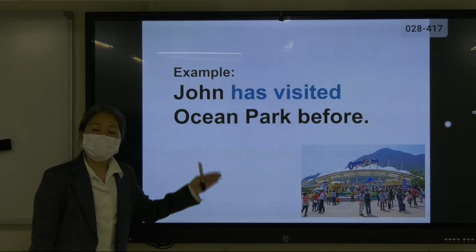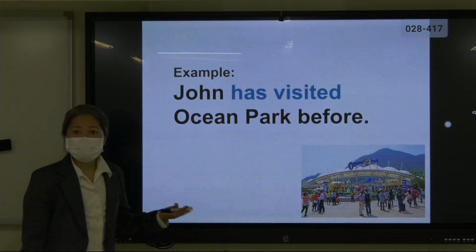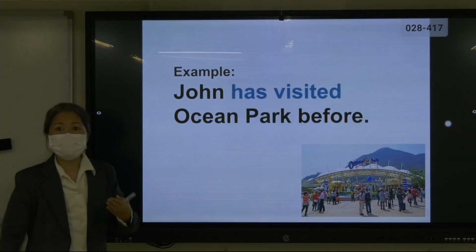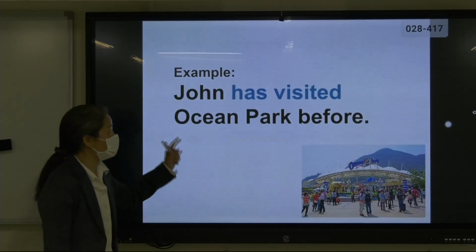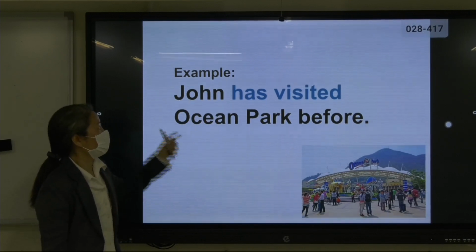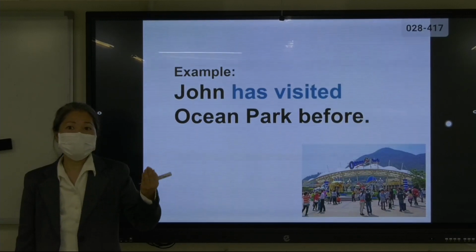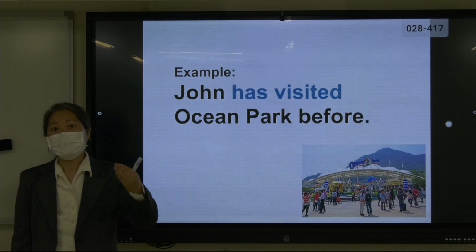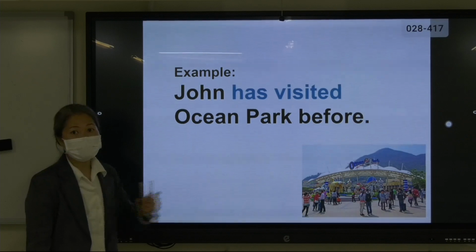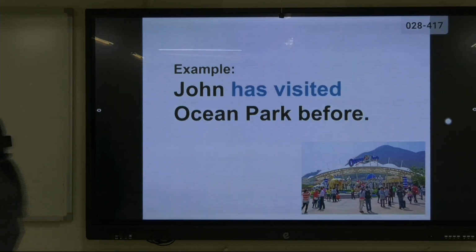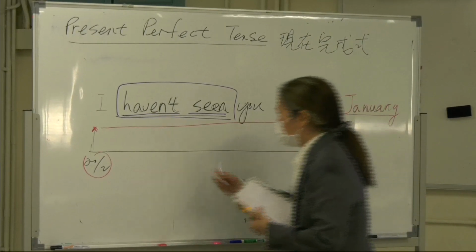佢去過海洋公園。你覺得需唔需要話俾你聽幾時啊？我哋覺得唔重要，唔需要知道幾時。So you don't have to, okay, you don't have to tell them, hey, in 1991, no need. In this case, we use present perfect tense. 去過，okay, John 去過海洋公園。Or in this case, he doesn't remember when he went to Ocean Park. 其實亦都可能啊，John 已經唔記得咗佢幾時去。So in this case，總之佢 OK。In this case, for example, this is OK the 25th of February, and